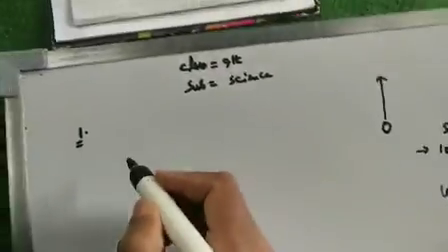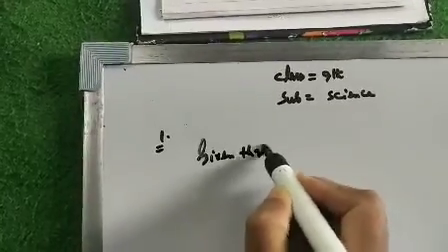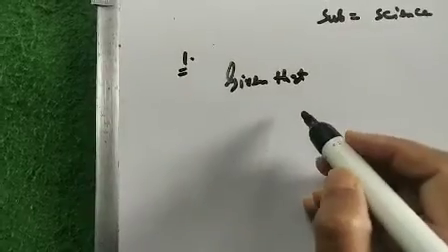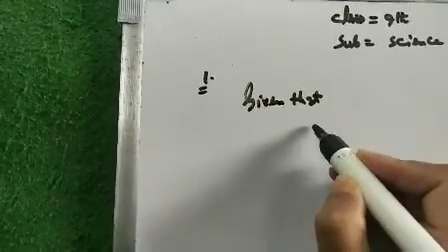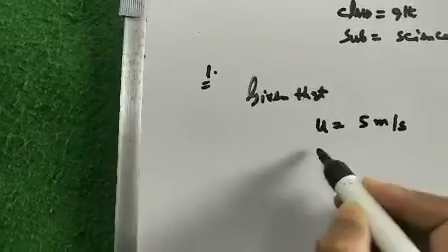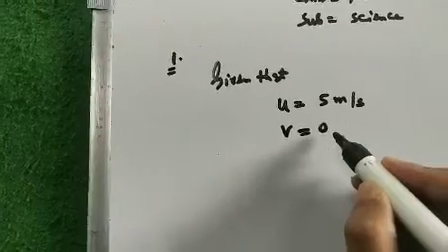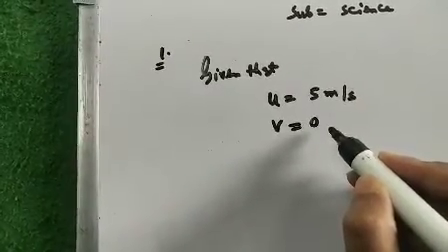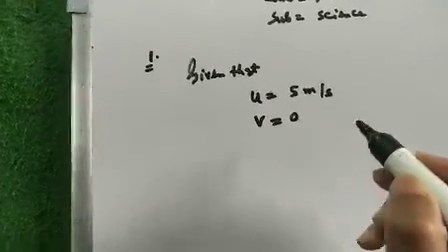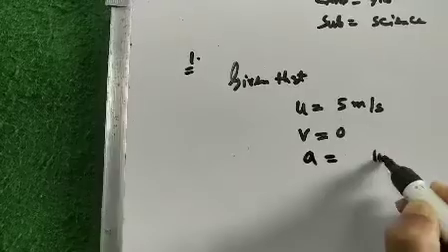So, two things are given, that a stone is thrown vertically upward direction with a velocity of 5 meter per second. It means u is 5 meter per second, that is initial velocity. V is 0 because why it is 0? Because at its highest point the velocity of the body is 0, that is final velocity. V is 0. A is also given. A is 10 meter per second